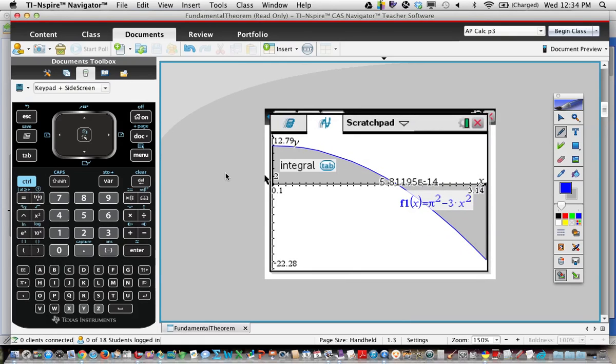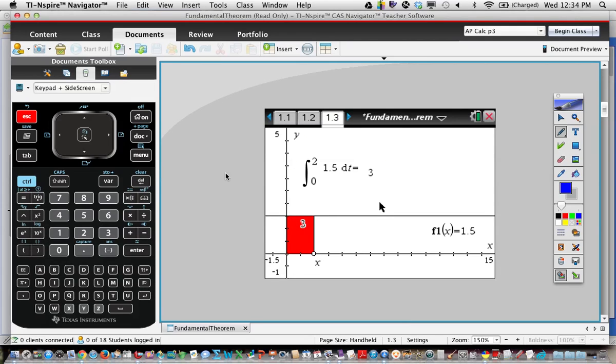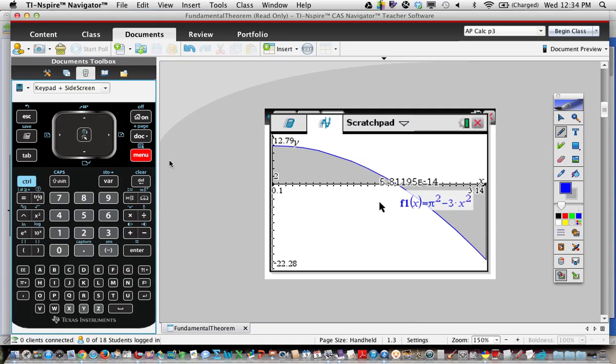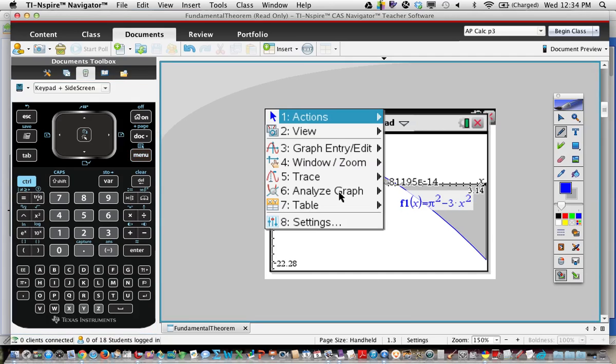So it's pi squared minus 3x squared, or 3t squared. Okay? And then I had it do the integral. Now let me hit escape on that to get the integral out of there. Oh, whoops. I got rid of my scratch pad completely. Oh no, it didn't. All right. But the way I got the gray there is I went here to menu, analyze graph,